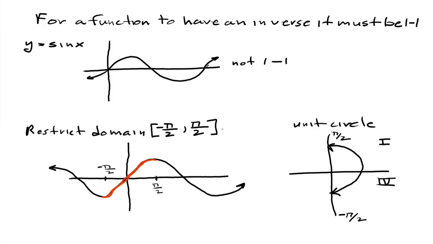So the domain we're going to use for the inverse sine is -pi/2 to pi/2. And if you look at the red part of this graph here, all right, that is outlining the part of the sine curve that we're interested in. All right, so -pi/2 to pi/2 on the unit circle is the first and the fourth quadrant. All right, for cosine,